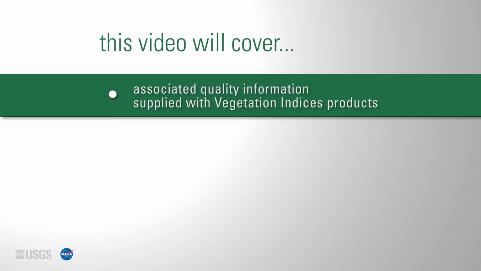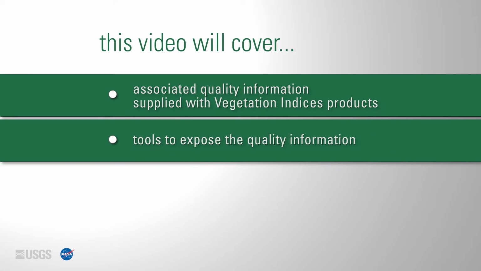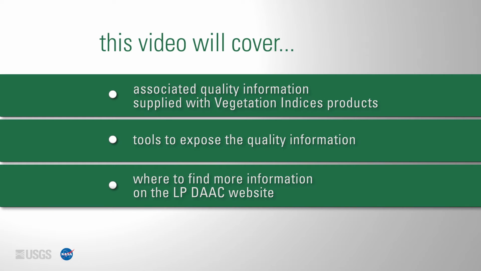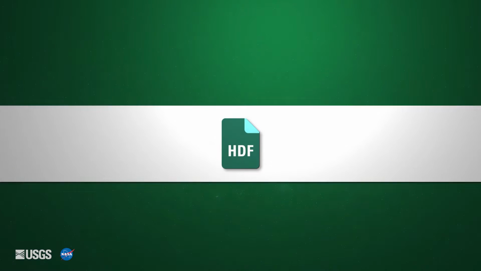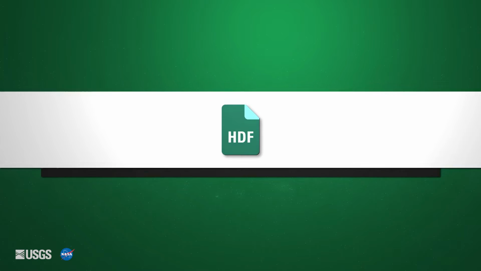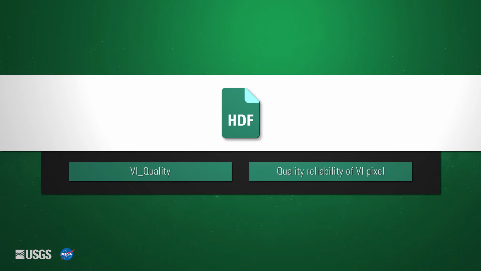We will discuss the information the quality layers contain, tools that can be used to expose the quality information for further use, and where to find out more information on the LP DAAC's website. Each vegetation indices product is distributed as a hierarchical data format or HDF file. Each MODIS HDF file contains associated quality science dataset layers, which provide users with information regarding the usability and usefulness